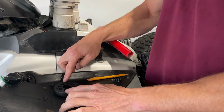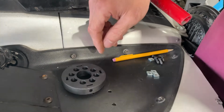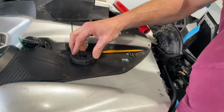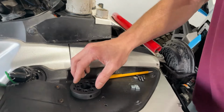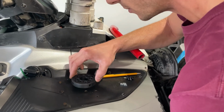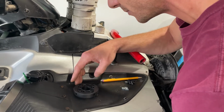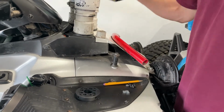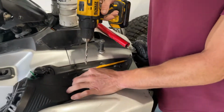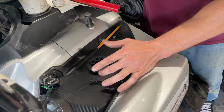I made my mark here. I know that I want to leave a little bit of space for where the main cylinder was. Make sure there's nothing underneath. I'm going to be drilling through here. So I know that I have a dividing piece of plastic right here, one of the fenders. So I'm actually going to move it over just a little bit. Okay. Then you're going to take a 1/4 inch drill bit, drill your first hole down through your plastics,